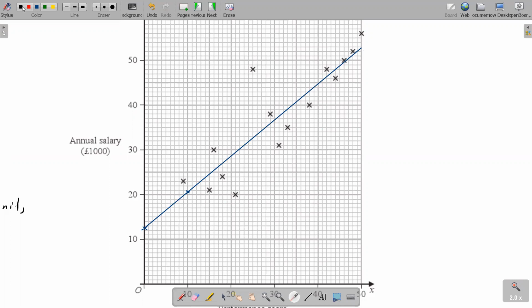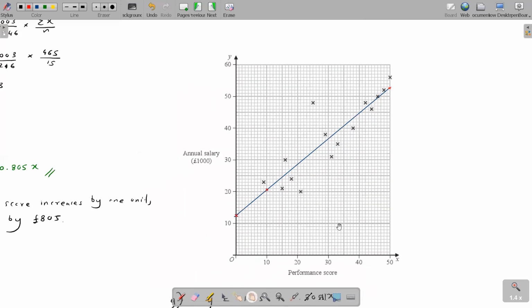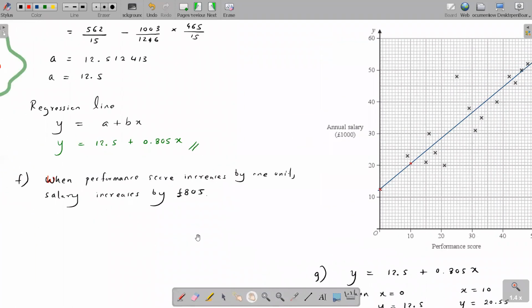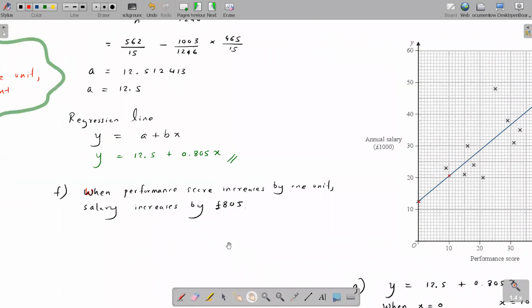Okay, so I just marked it with 3 coordinates and I was adjusting the line with just 3 coordinates. That's what I was doing. Okay, children, I hope this is clear. You can see the regression line is going through the middle of all your points, right? That's how a regression line should go. It should go in the middle of the scatter diagram, trying to balance out all the points.